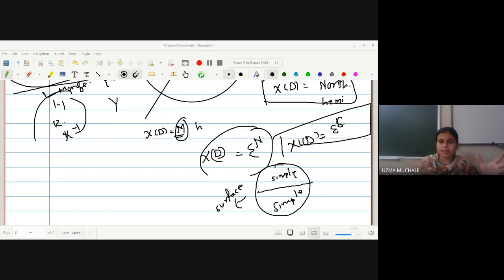The simple surfaces you find, if you combine them, no doubt you will get one surface in E3. Okay, just like the example of the northern hemisphere and southern hemisphere. If you combine them, you can get the example of a sphere, or we can say we can combine the two simple surfaces, and then you can get the sphere, which is also a surface.